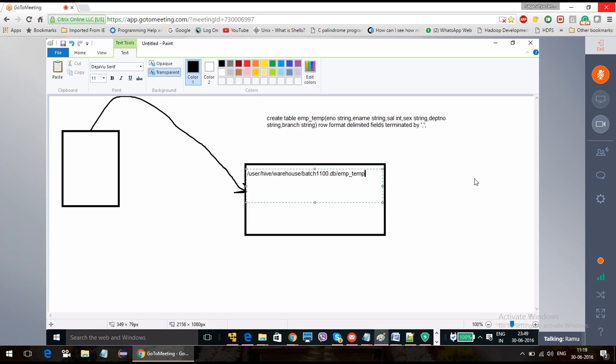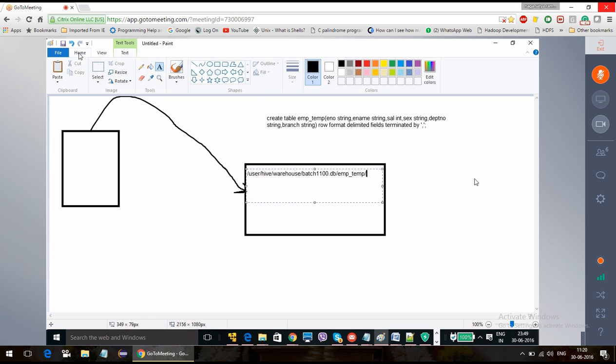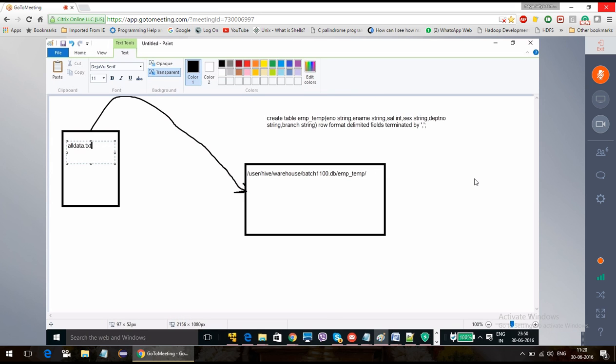Here I am not going to load any data into my table, but this file all data.txt they are going to send directly into this directory.